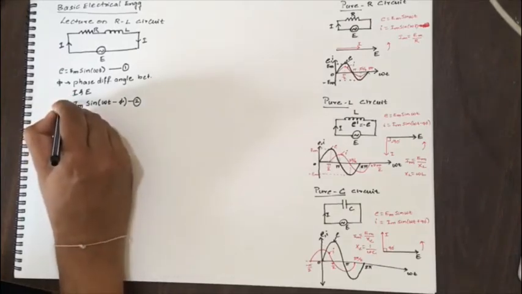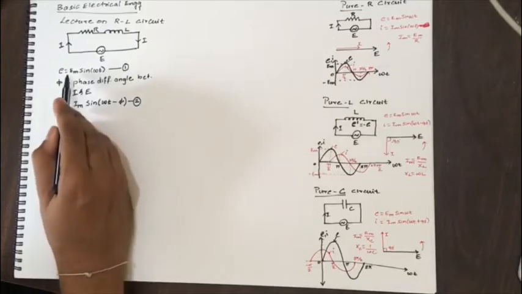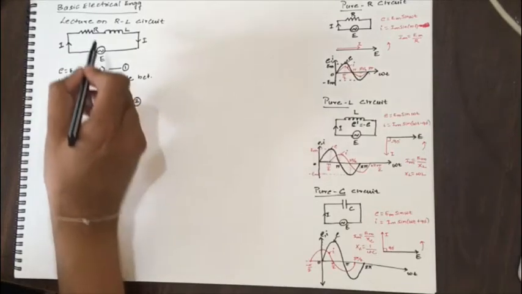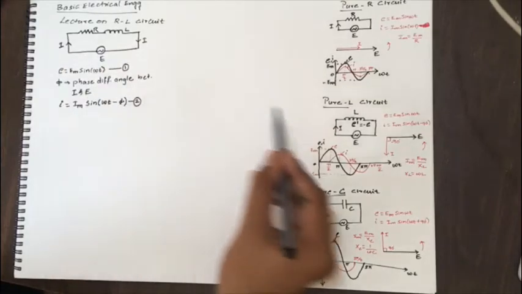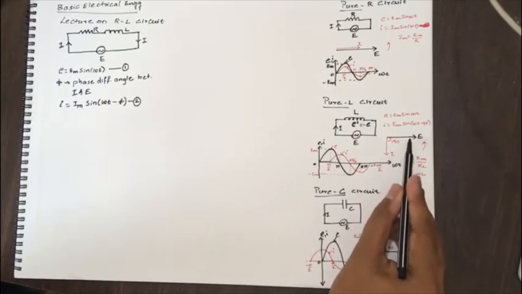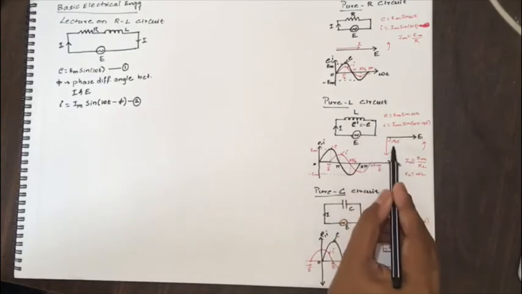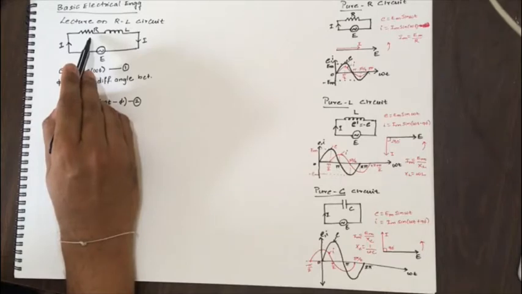Okay, so now already I know current I will be lagging behind voltage E by an angle phi because the nature of circuit is inductive. Why have I decided lagging? Because inductance is the component in which current lags behind the voltage. If it was pure, it would have been 90-degree lag angle, but it is not pure. Therefore, the lagging angle is not 90 degrees; it is less than 90 degrees.